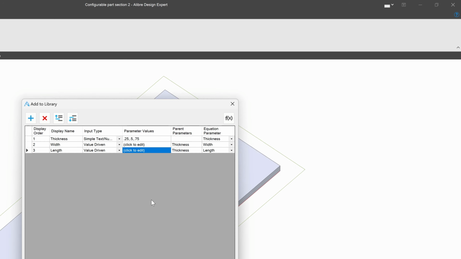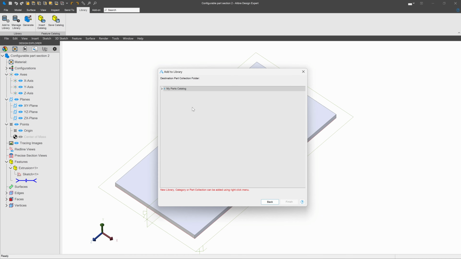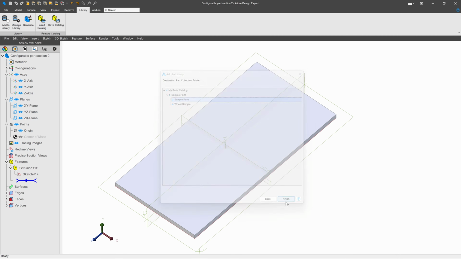We'll say OK to that. And next, I'll choose my sample parts again, and this will be section 2. So now when I go to generate,